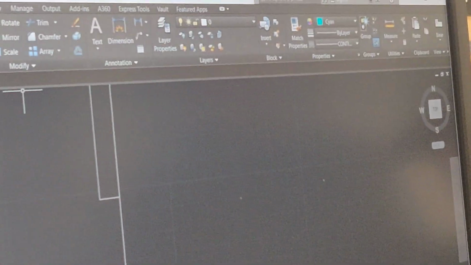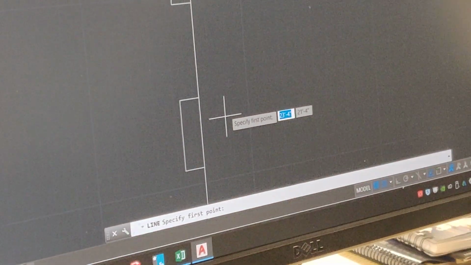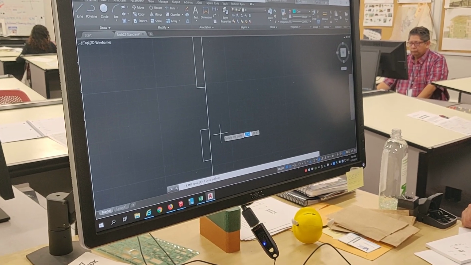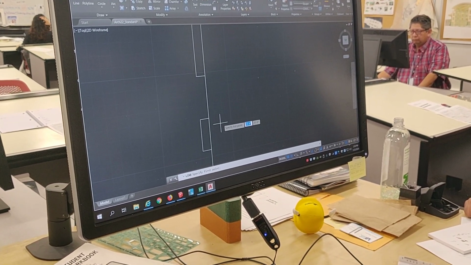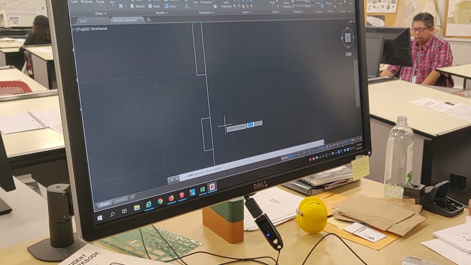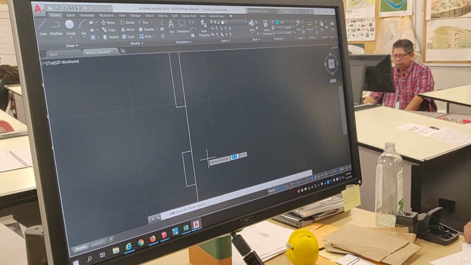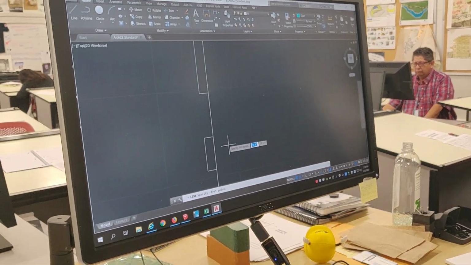Okay. And let's do a line. But now I want to go from the middle of that. How am I going to do that? How did I go to the end of that other line? Remember? I did what? Shift, right click, right? Oh, by the way, a lot of drawing programs, and actually other programs too, if you